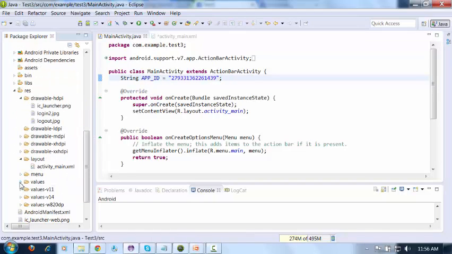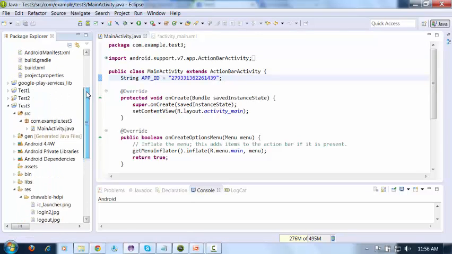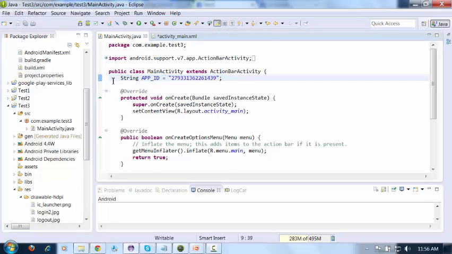You can store it somewhere in the values as a string. Let us not get into that. It's a simple way, you can save it as a string. You can mention it as a public static if you want to access this app ID somewhere else in your application. So after collecting your app ID,